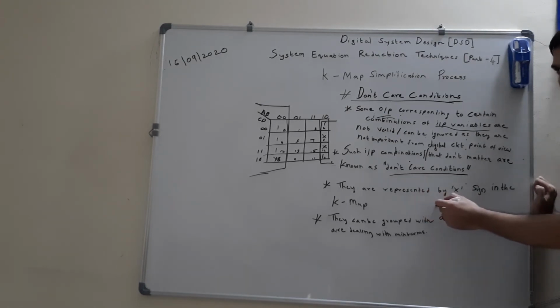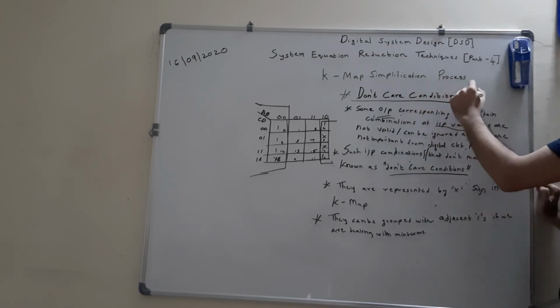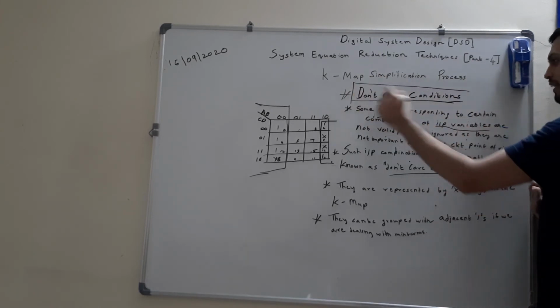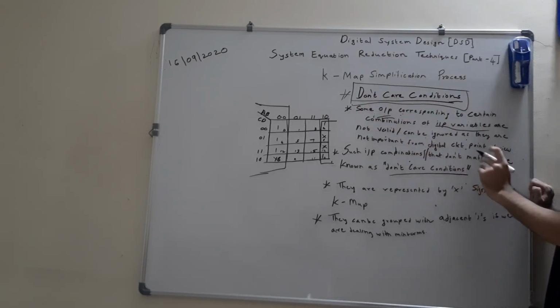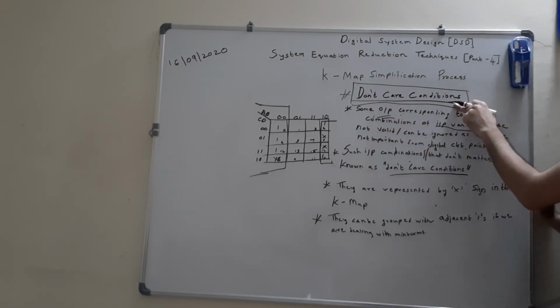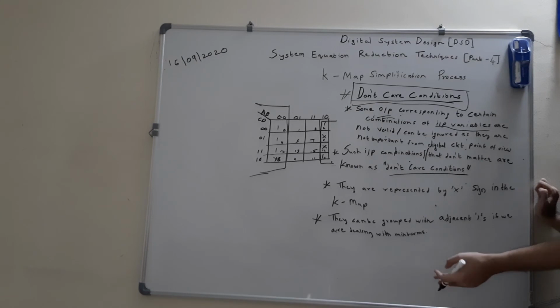These don't care conditions, that is, these set of outputs which don't matter for certain given input combinations. These don't matter. That's the reason the name only suggests that it is don't care. So don't care the output for this particular input condition. So this is the meaning. Whatever will be the output, don't care about it, because these certain input combinations we do not consider because they do not matter in our digital circuit.